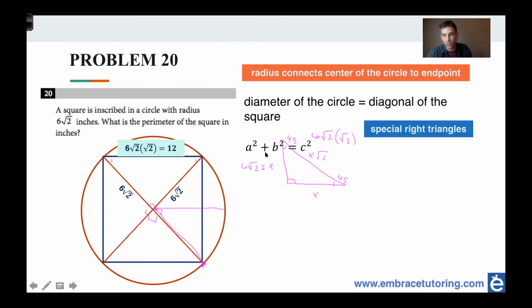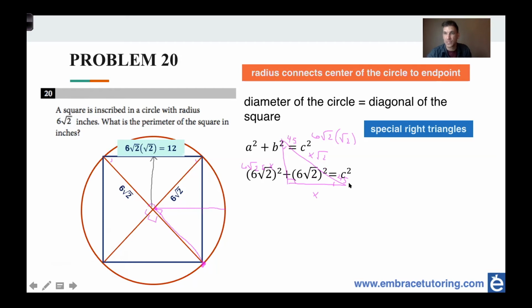The other side that you're trying to solve for in this instance is going to be c, which is going to be your hypotenuse, right? That's the side that is across from your 90-degree angle. So it's the side that's across from your 90 degrees. And then when I do this, I see that I end up getting 6 radical 2 squared plus 6 radical